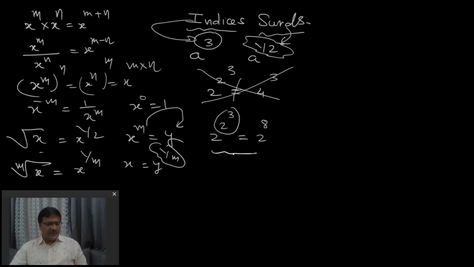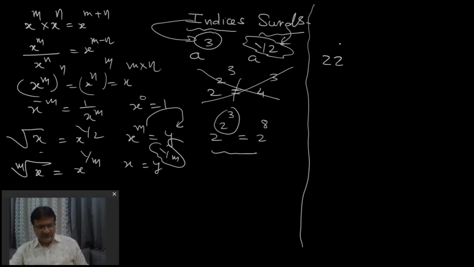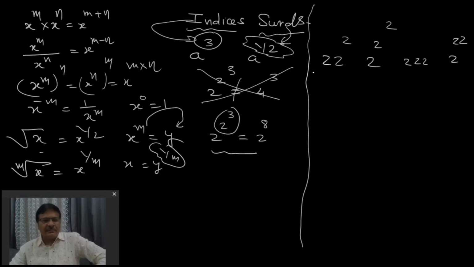Now I would like to explain some more examples to explain all these things. So look here: 22 power 2, then 2 power 2 power 2, then 2 to 2, then 2 to the power 22. It's very interesting to see this type of question. Which one is highest among them?